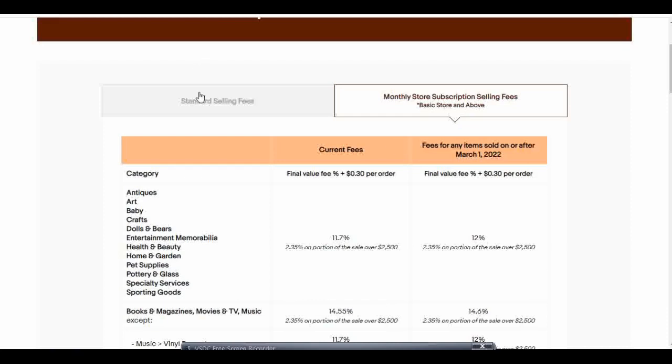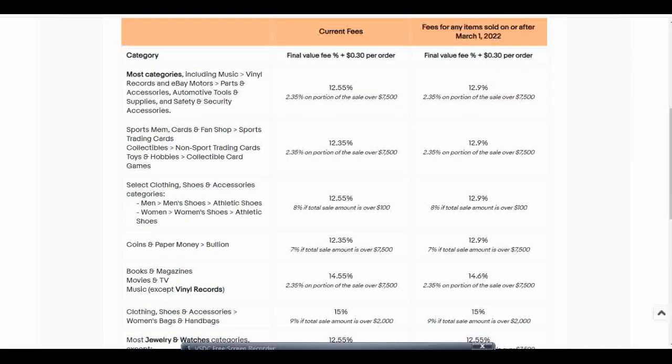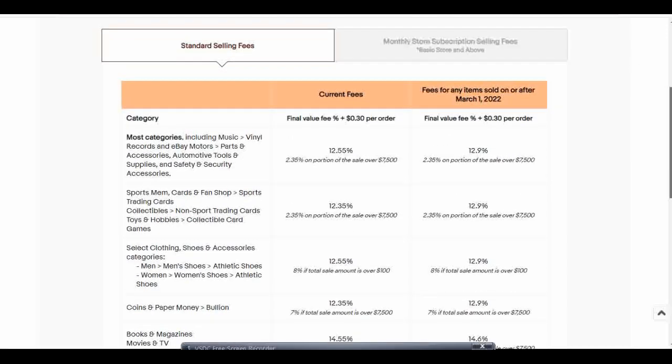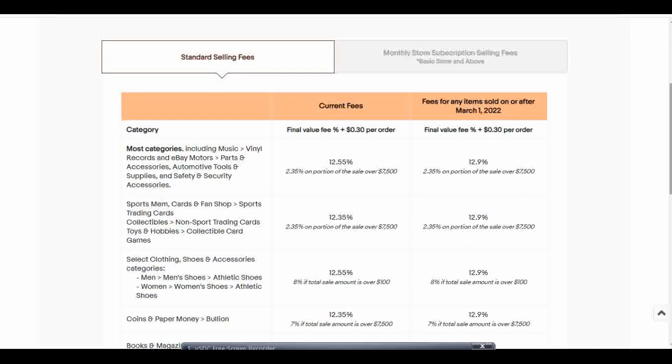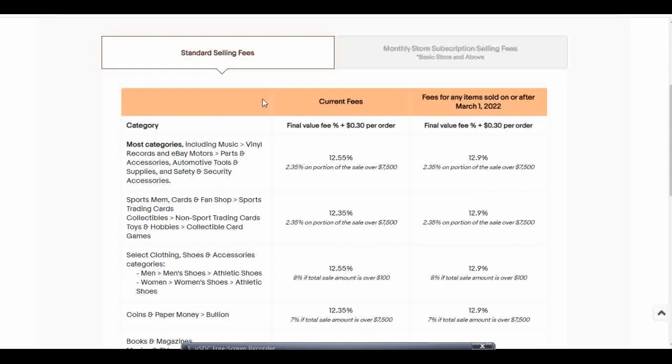I'm going to go back to the standard selling fees because if you're watching this video, I'm assuming you might be a beginner and maybe you don't have a store yet. But again, if you do have a store, just switch back and forth between the tab that is suitable for you and the one that fits your circumstance. So there are 3 columns here. This first column is a category of the item. You are going to sort through whether you sold shoes or books or clothing, find your category, and then you'll